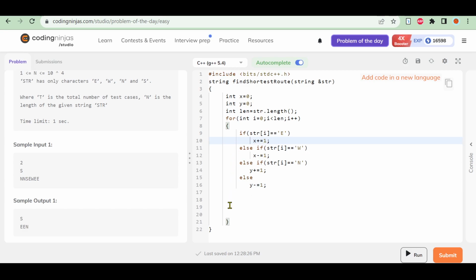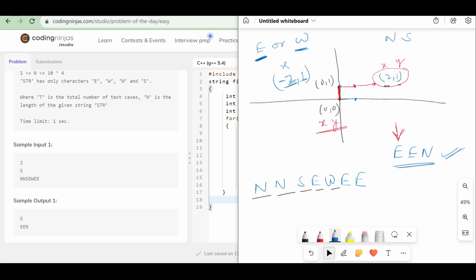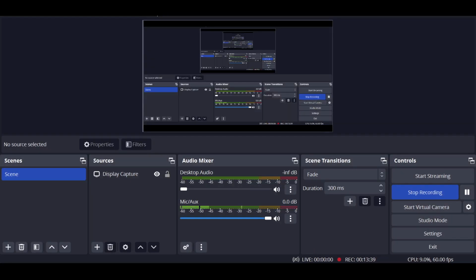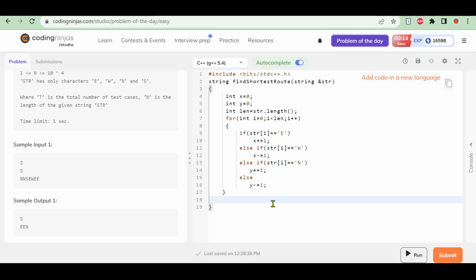Now at the end, after completion of this for loop, I will be left with the final coordinates of my friend's house, and that will be stored in the x and y variables. The X coordinate will be in the x variable and the y coordinate will be in the y variable. Now I will check. For checking whether I have to make a move in the east direction or not, I am checking whether my x coordinate is positive or negative. Here I am checking if